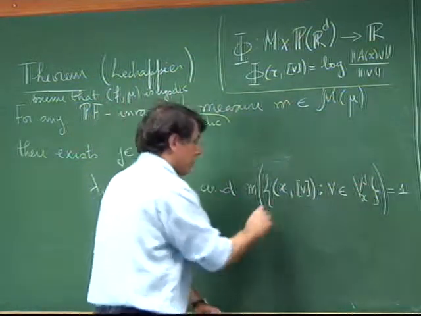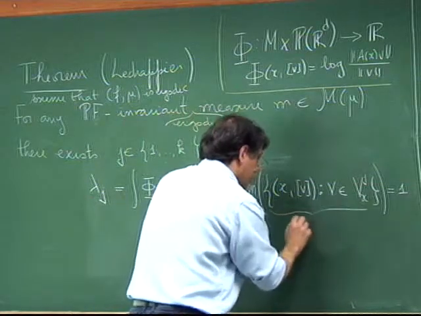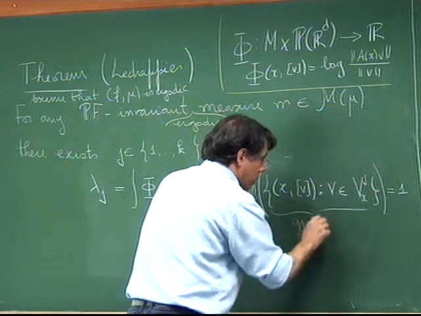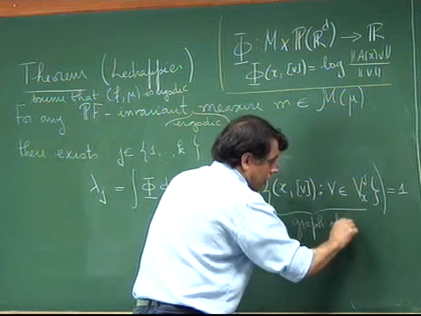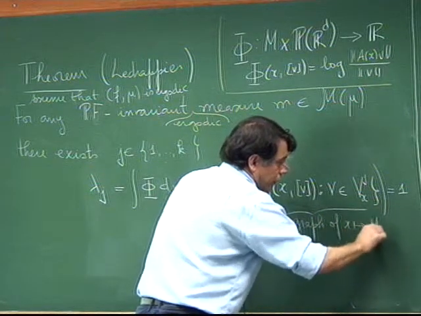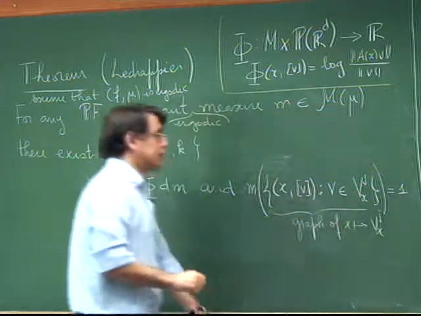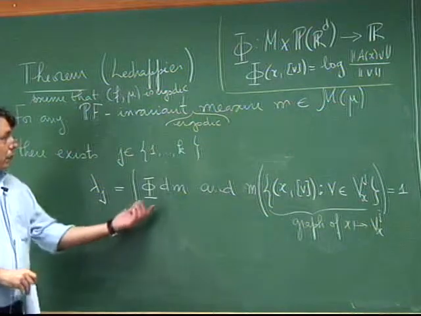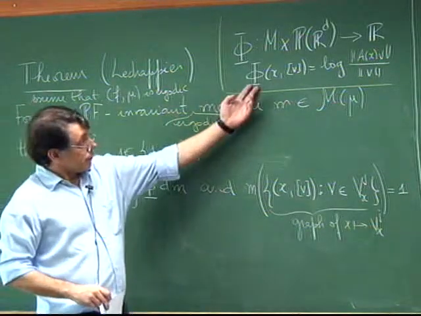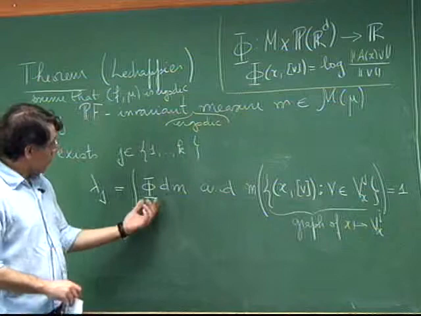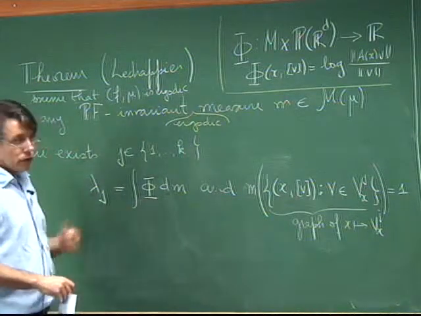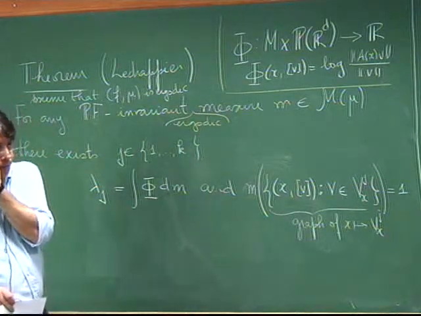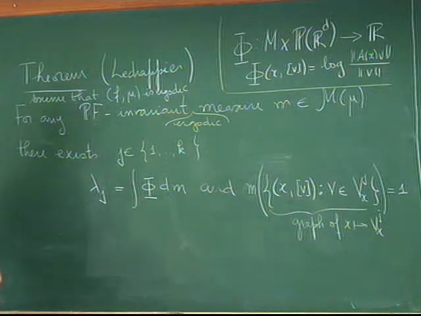This is the graph of x goes to Vxj. And if you integrate this function, very simple and natural function, you get one of the Lyapunov exponents. Okay? Now, of course, when you have this statement, you immediately think